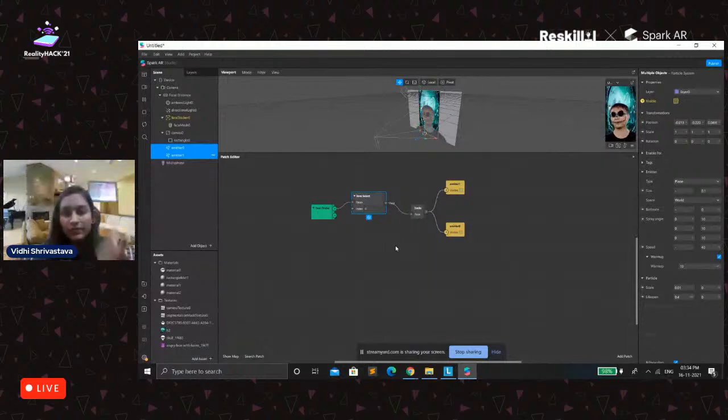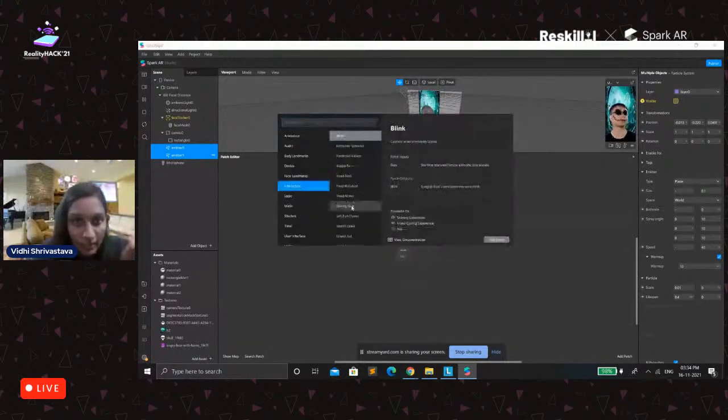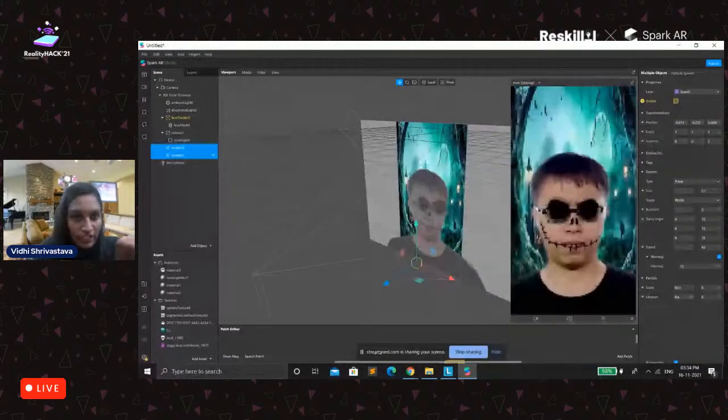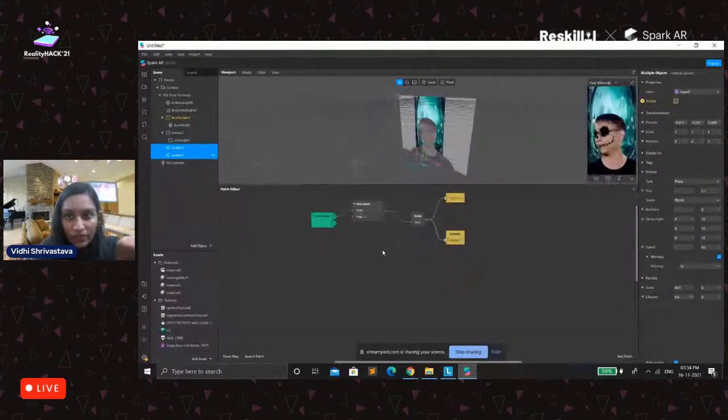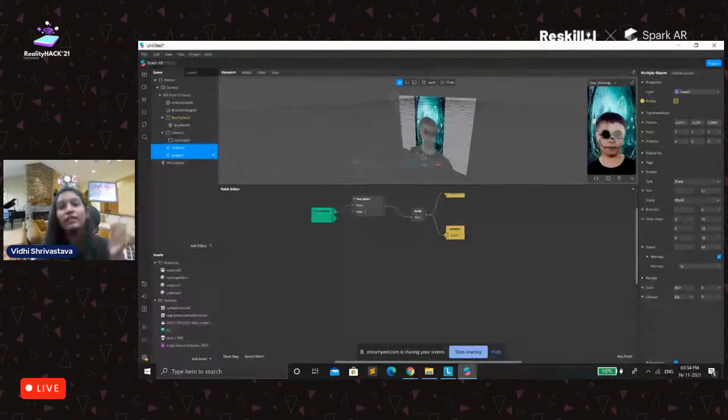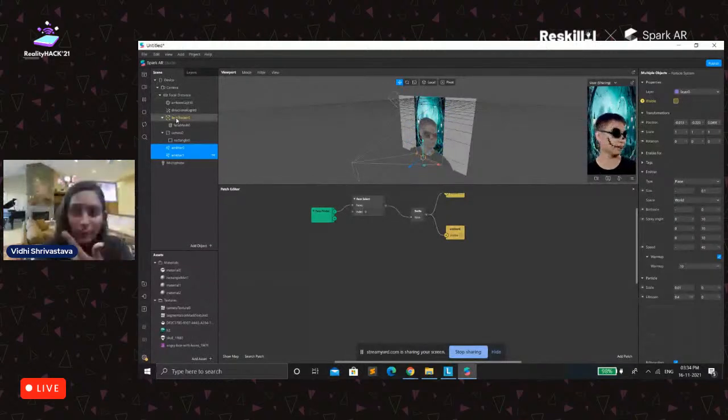For example, there are more interactions, like we have a blink, happy face, head shake, kissing face, left eye closed, or we have object type, screen type. So what if I want to make something like, let's make one more face mesh, and I want that if a person clicks on the screen, so we'll go to the simulate touch. If I touch on the screen, that ghost effect should disappear and something else should come.